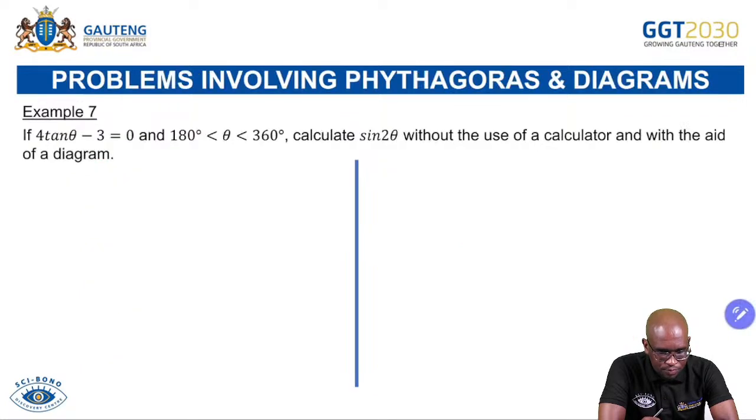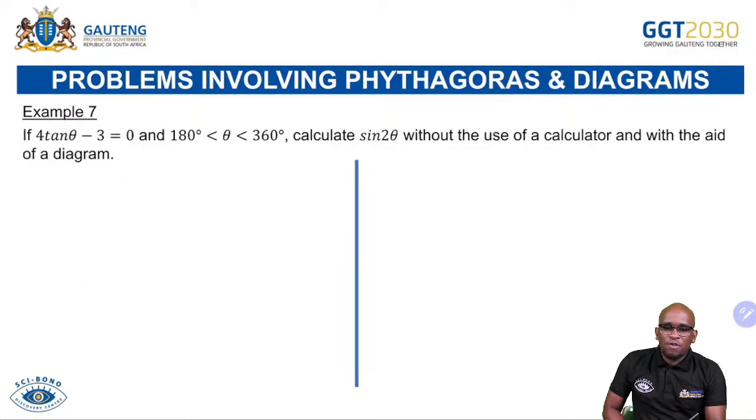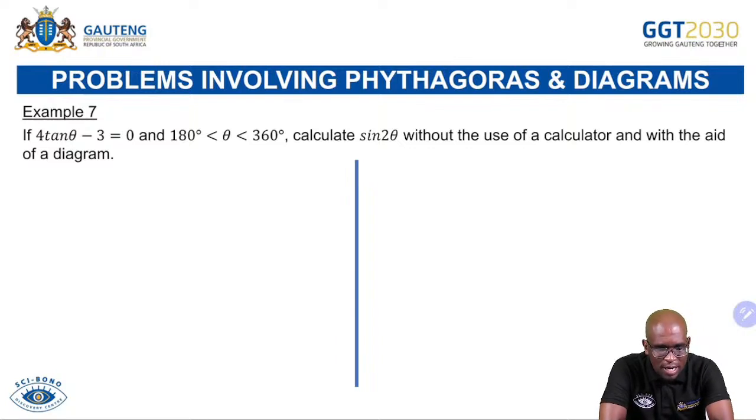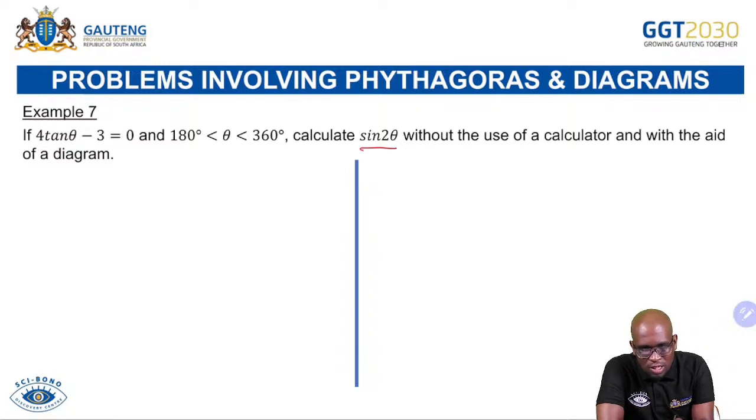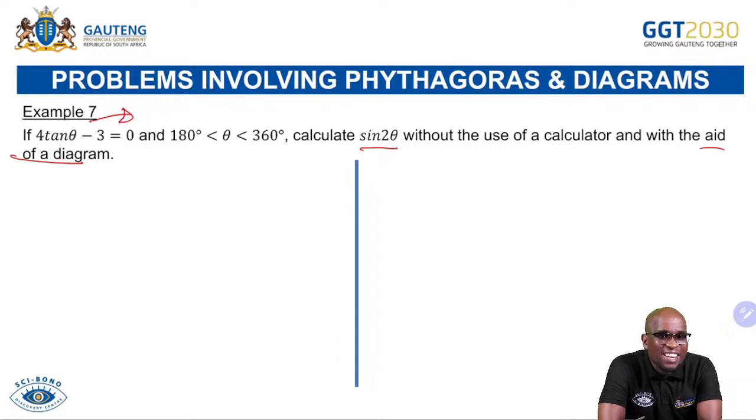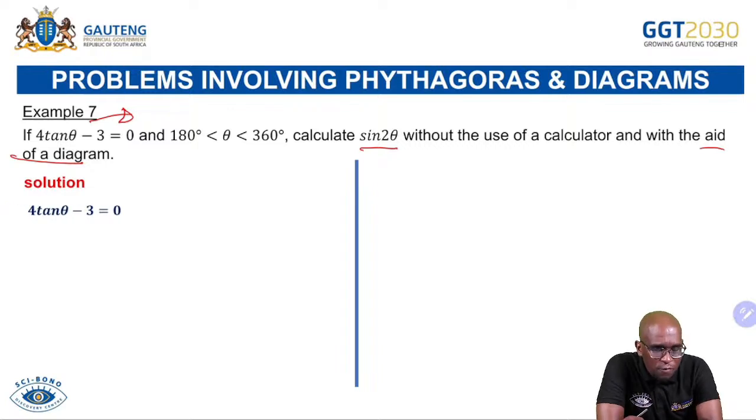Let's move on. Now let's look at problems involving Pythagoras theorem and diagrams. If 4 tan theta minus 3 is 0 and theta is between 180 and 360, calculate sine 2 theta without the use of a calculator and with the aid of a diagram. Now, first things first, we must write this down and make tan the subject of the equation. Right, if we make tan the subject of the equation, we get that the tangent of theta